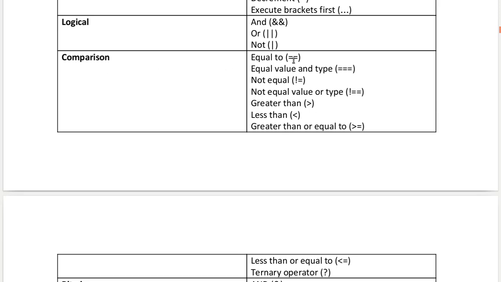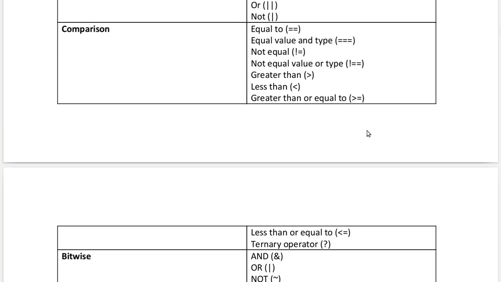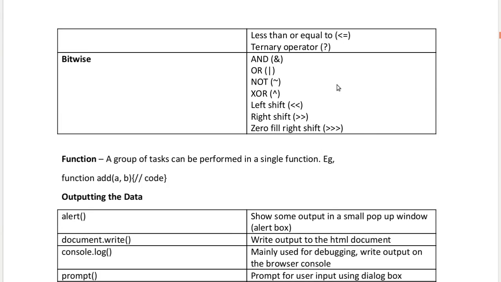Comparison: equal to, equal value and type, not equal, not equal value or type, greater than, less than, greater than or equal to, less than or equal to. Ternary operation. Bitwise: and, or, not, XOR, left shift, right shift, zero-fill right shift.